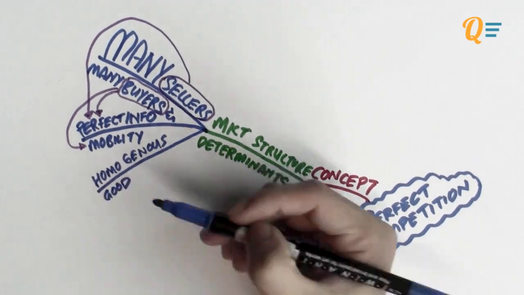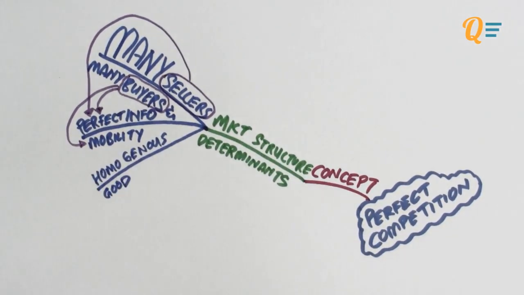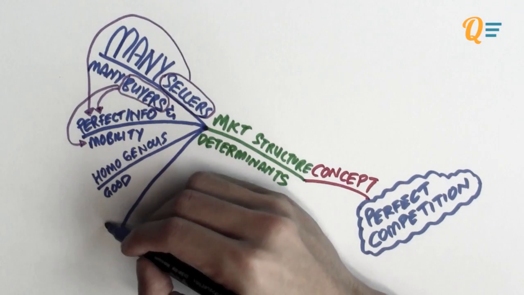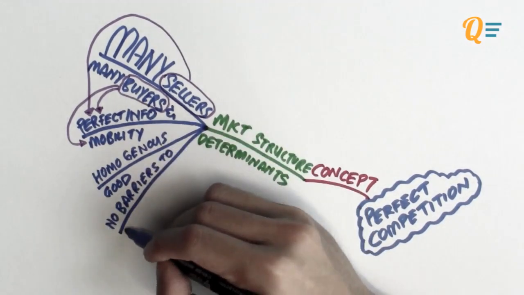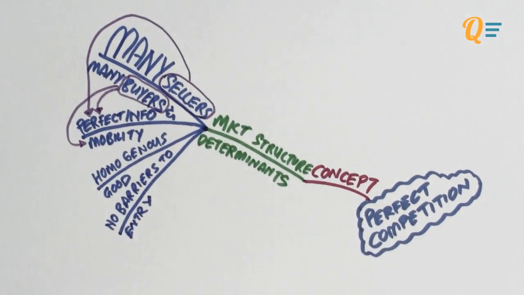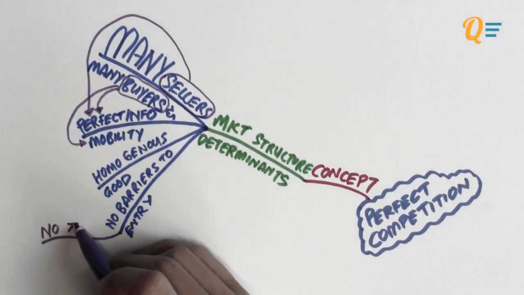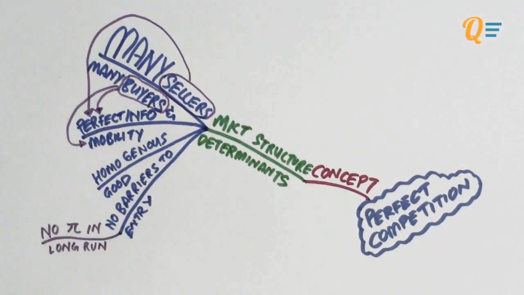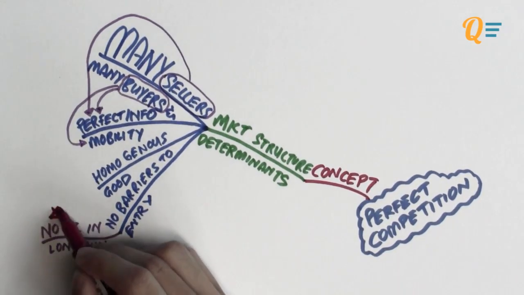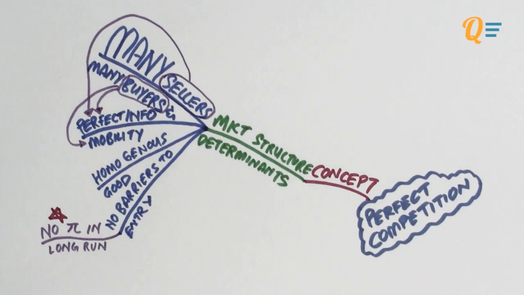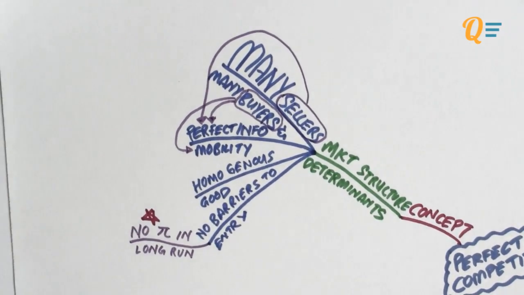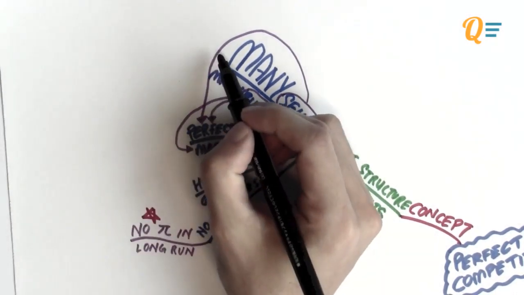And the sellers, knowing this, will also be smart enough not to charge a different price from the rest of the other firms. Also, the market will be selling a homogeneous good, and there are no barriers to entry. Compared to the monopolist market, there are, of course, very high barriers to entry. And no barriers to entry actually determines the amount of profits in the long run. Basically, a perfectly competitive firm cannot make any positive profits in the long run because when there are positive profits, other firms will come in to compete for those profits, right?